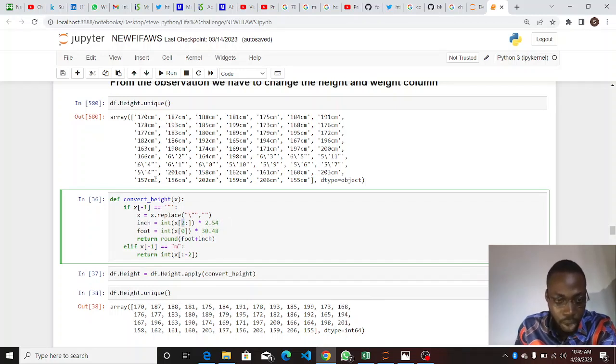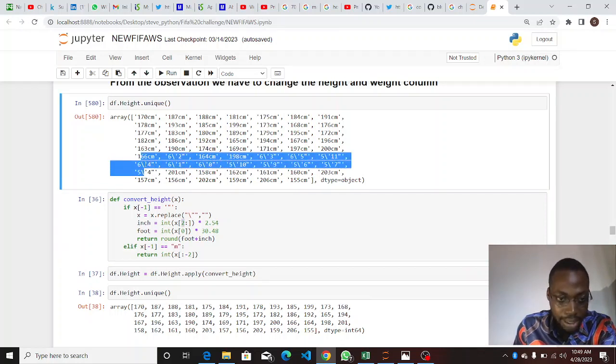You understand? So aside this 6 and single quotes sign here, the last one, which is talking about the inches, you multiply it by 2.54, and then